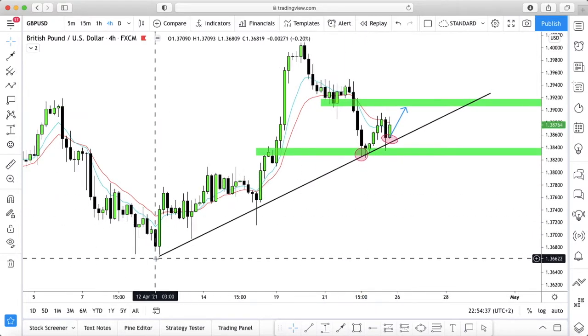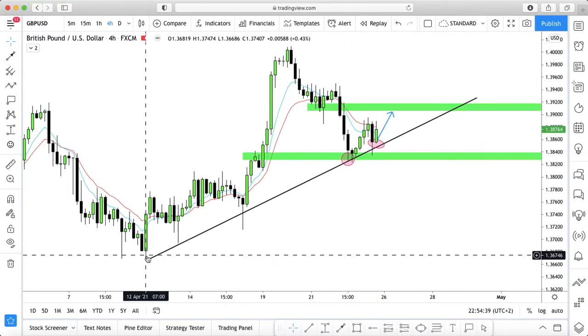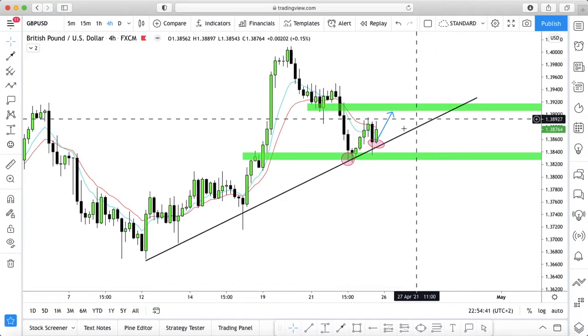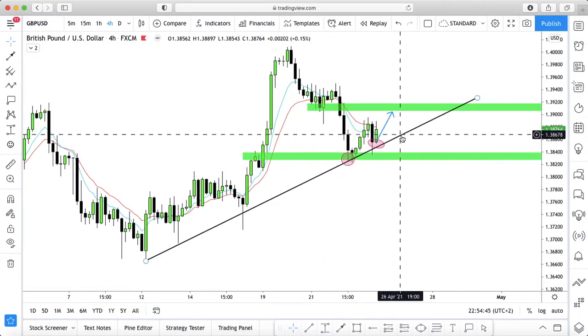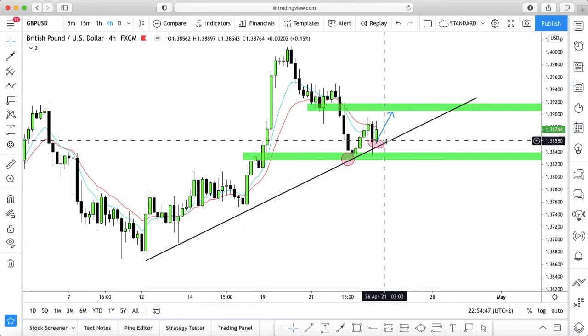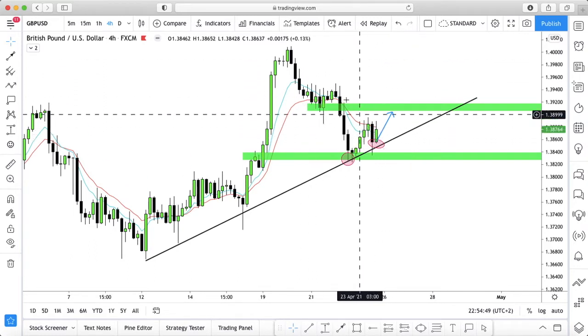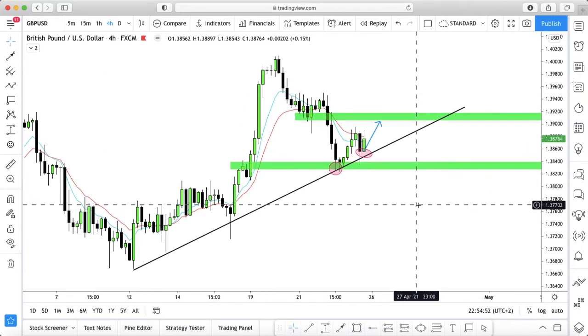However, price could still be in a long-term upward movement because we haven't yet broken this trend line to the upside. Yes, we did see price come down strong, but just to be on the safe side of the market,